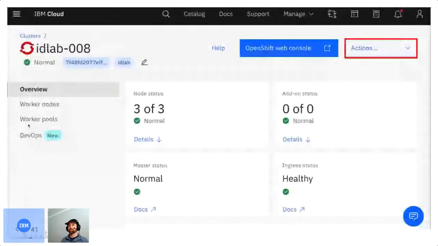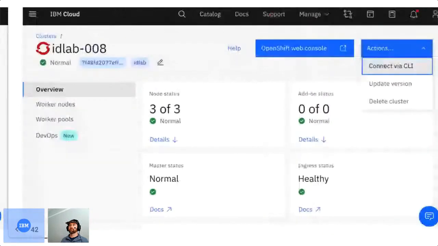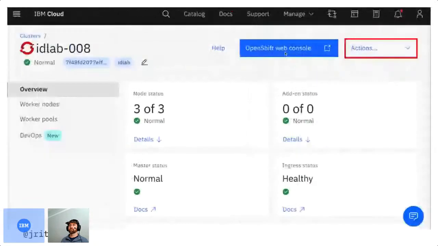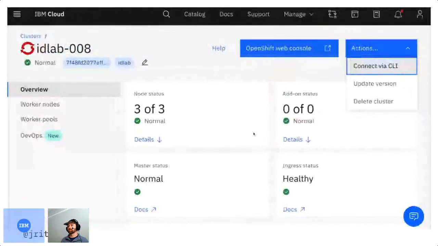And then here you're able to view your OpenShift cluster in the IBM Cloud Console. What we're going to do is actually go to the OpenShift Web Console. And we can do this one of two ways. We can click the OpenShift Web Console. What I have here is I just clicked Actions and clicked Connect via the CLI. So what you're going to want to do is connect to your OpenShift cluster, sorry, brain fart, and you're going to need a command to do that. So if you click Connect via CLI,